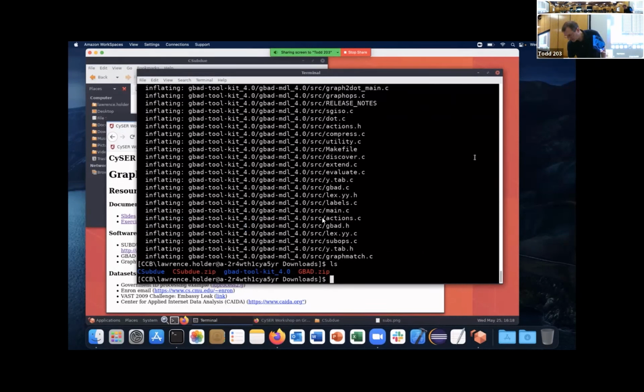Okay, so again, I guess I have it on the screen. The main website for GBAD is called gbad.info. If you go there and download the code, this is what it looks like. It's clearly research code. It's Toolkit 4.0. If you go inside that,